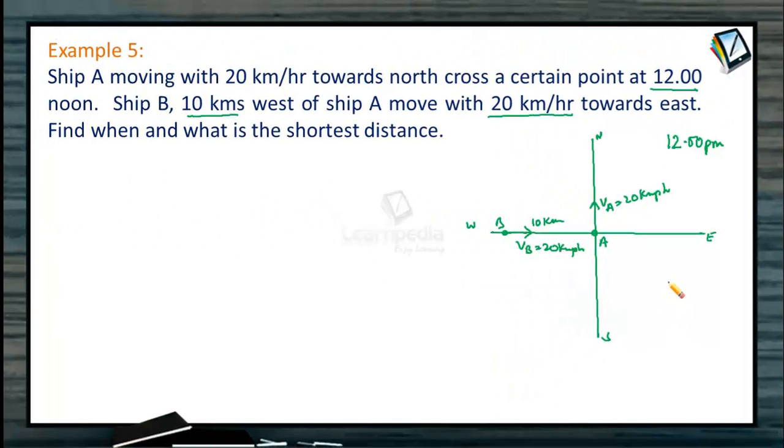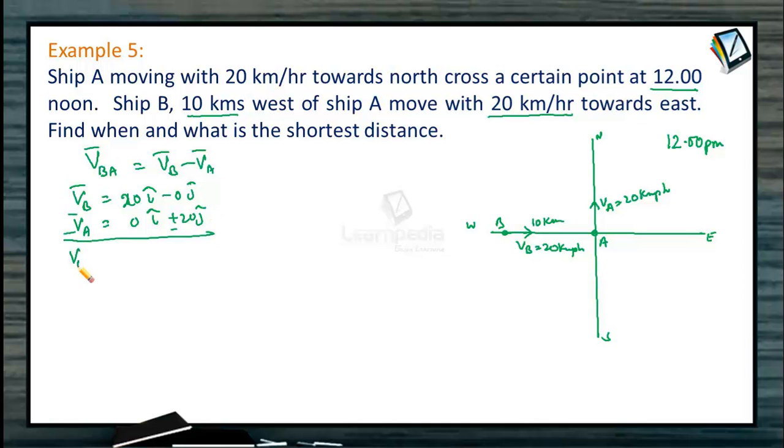So what is the first step we have to do? First step, we have to calculate the relative velocity of any one of the ships. I'll take it as ship B with respect to A. So A becomes the observer: ship B minus ship A. Easily we can calculate the relative velocity and at what angle it is. What is the velocity of ship B? Ship B is 20 i cap minus 0 j cap. What about ship A? Ship A is equal to 0 i cap plus 20 j cap.